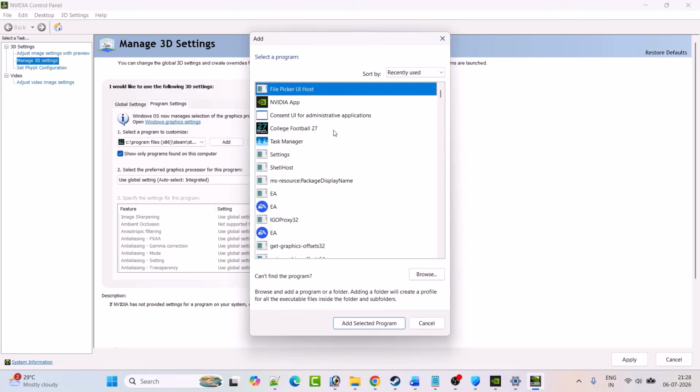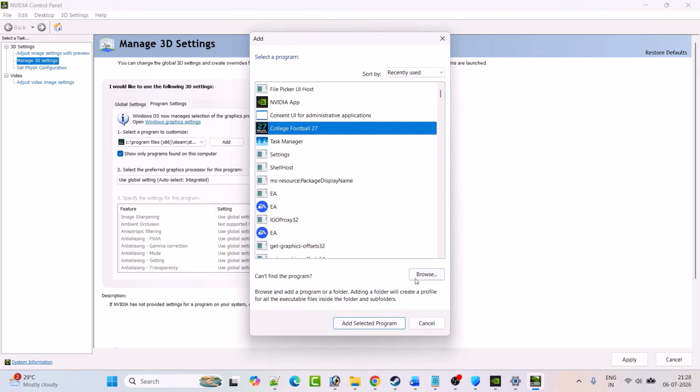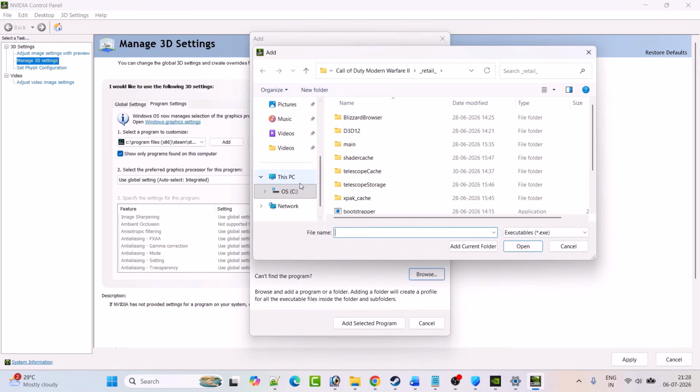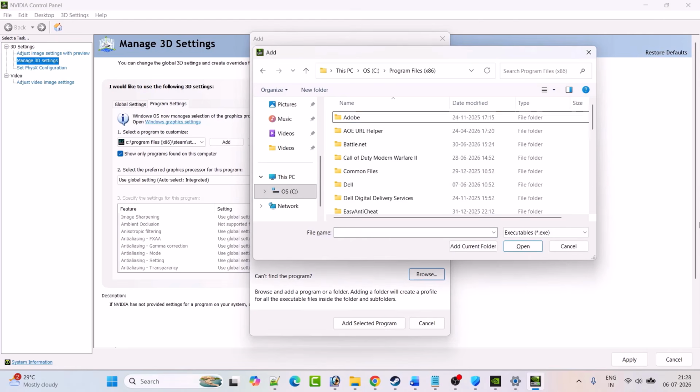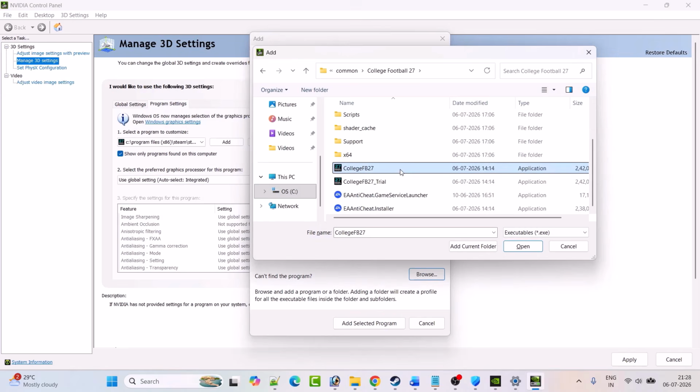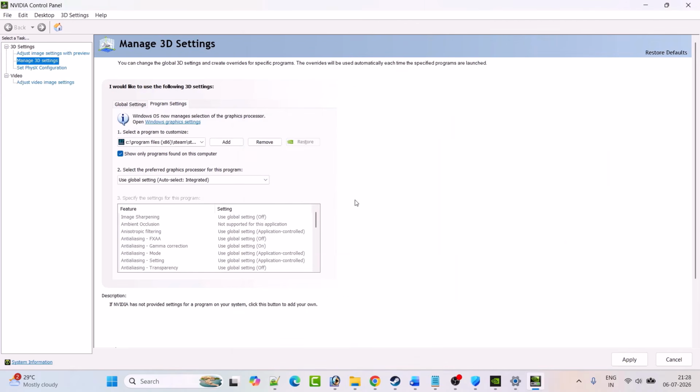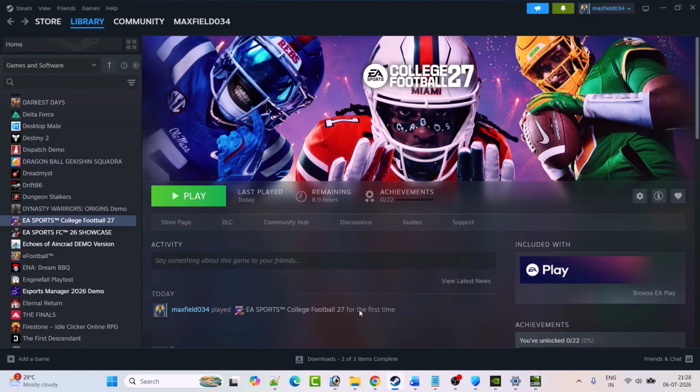Now if you don't see College Football 27 over here, then click on browse and then browse to the game installation folder. So open C drive, open Program Files x86 folder, steamapps folder, common folder, College Football 27 game folder. Select this exe file, the College Football 27 exe file, and then click on open. After adding it, from the drop down here, select high performance NVIDIA processor and then hit the apply button. Don't forget to hit the apply button to make the changes, and then you can go ahead, launch the game